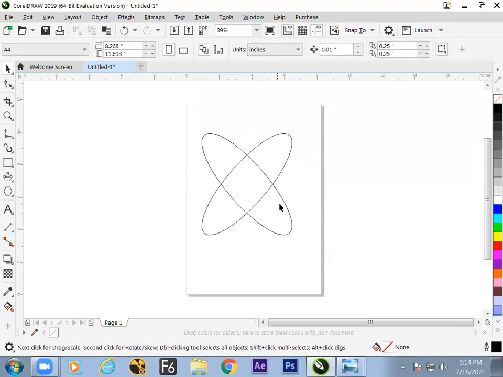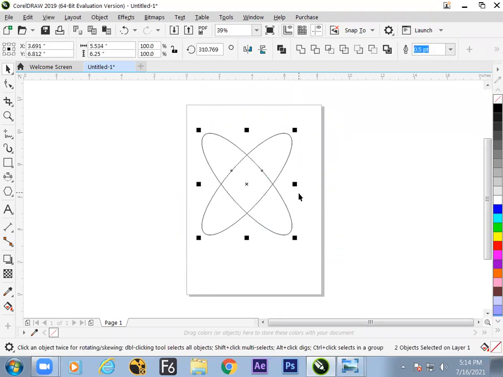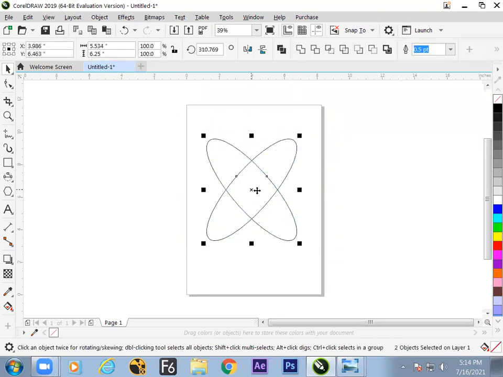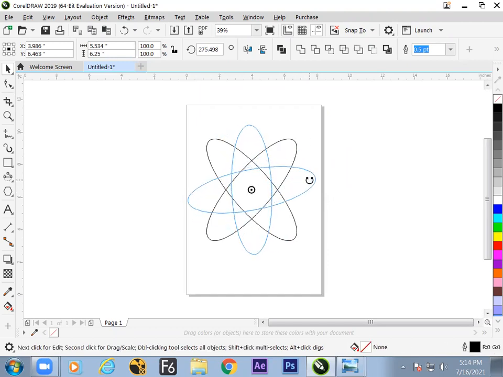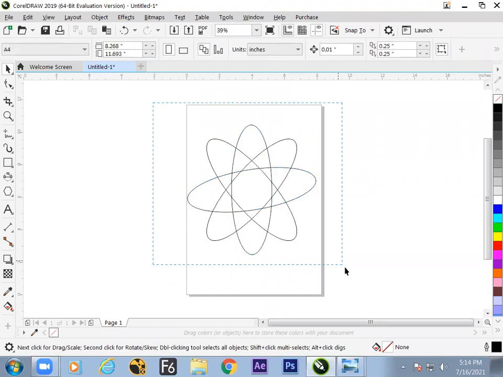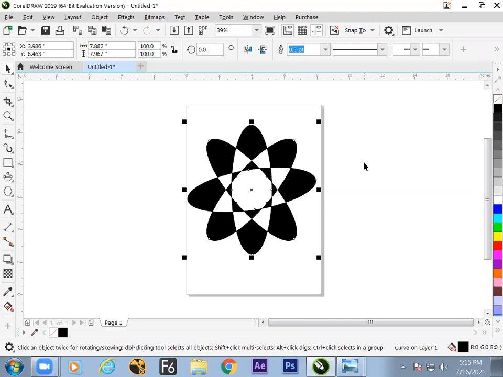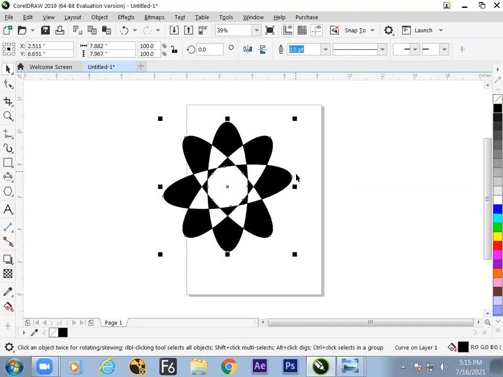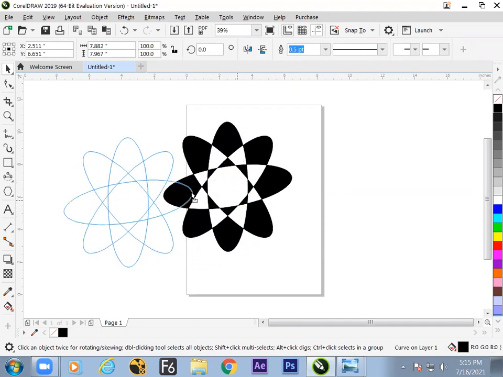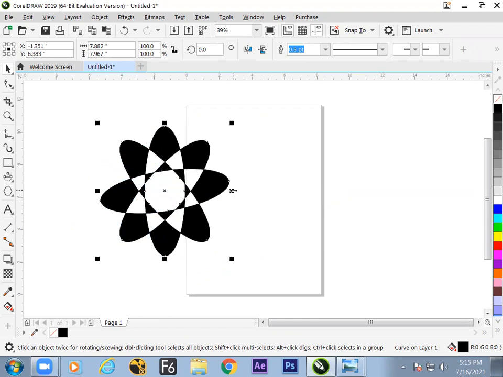We have tried a shape like this, and we can duplicate that. You can place it in the middle by manual rotation, copy paste, click over here and start dragging this and place here. Job done. Now select everyone, fill any color and go for Combine. What we have seen now is that the common area becomes transparent. So within very little time, we are able to create the design. Let's do one more.